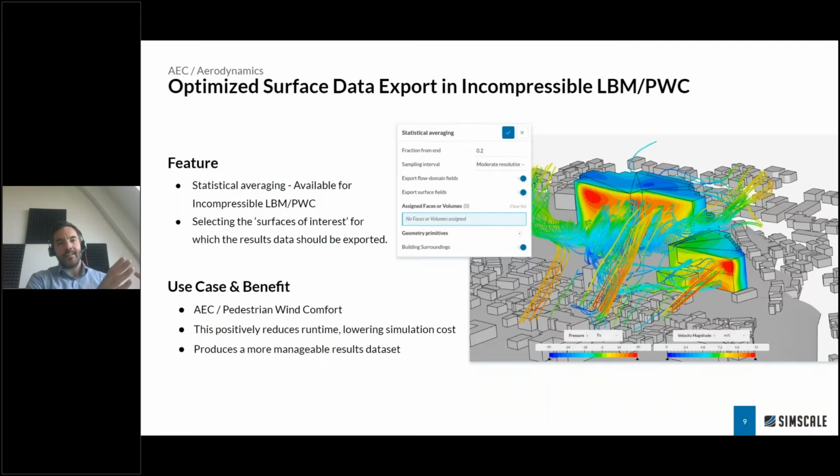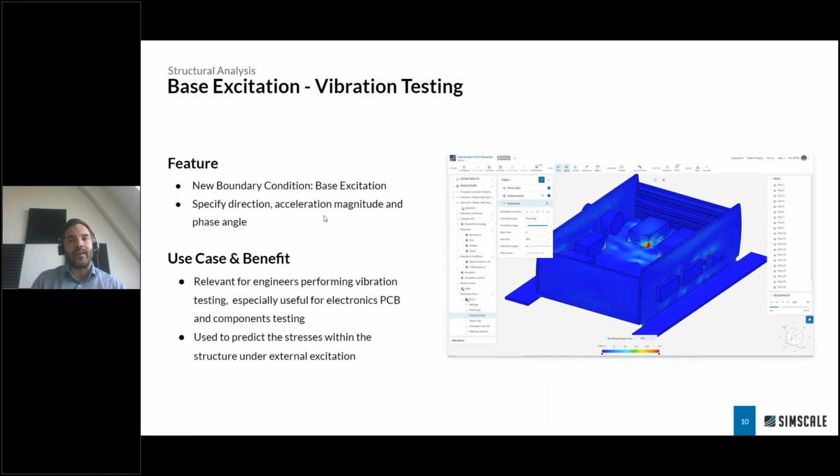Good. We had electronics, rotating machinery. That was on AEC. Lastly, a quick new boundary condition for structural analysis. Here we introduced, because the structural analysis capabilities in Simskill are oftentimes used in conjunction with electronics cooling, with rotating equipment, etc. And this here is where a lot of our customers in electronics requested the ability for a base excitation boundary condition. That means Simskill was already capable of doing frequency analysis and